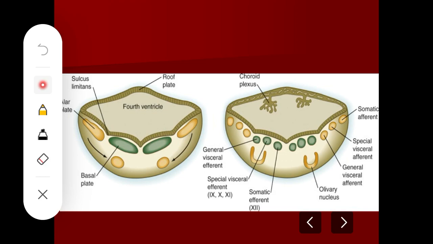Fine. Now this column, your basal lamina, gets split into 3 functional components throughout the length of the brainstem, and like that your alar lamina will be split to form 4 functional components throughout the length of the